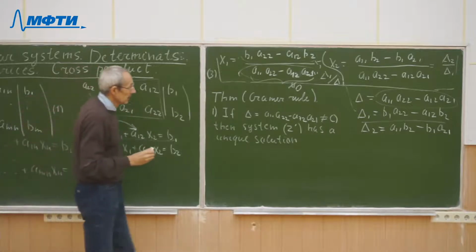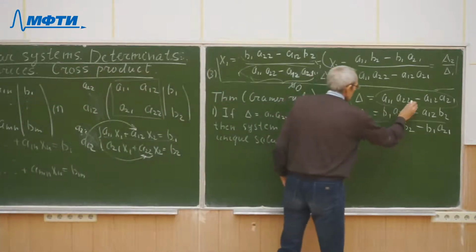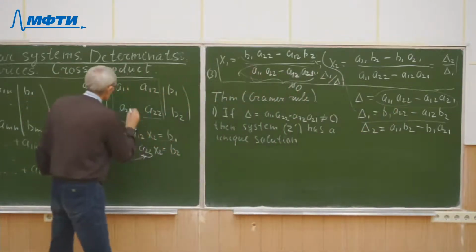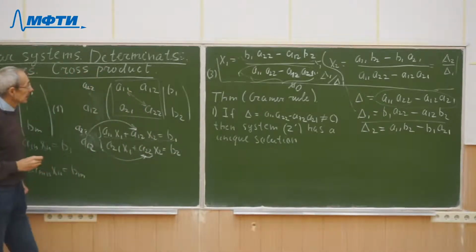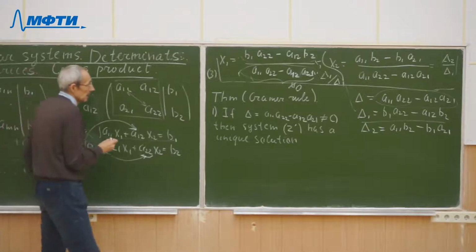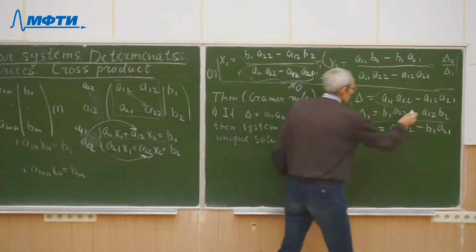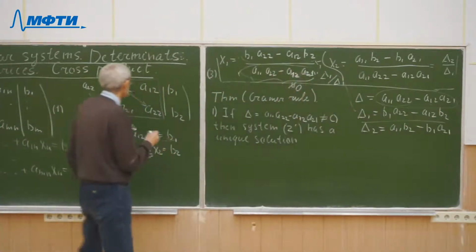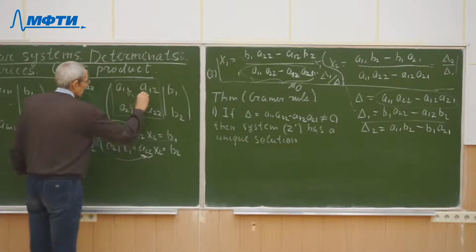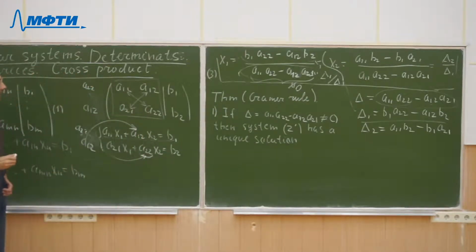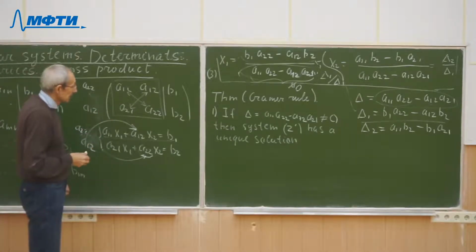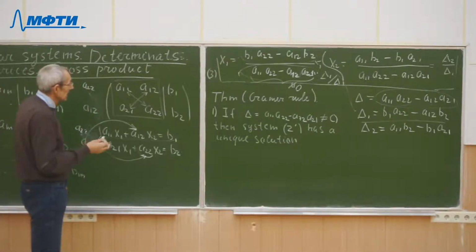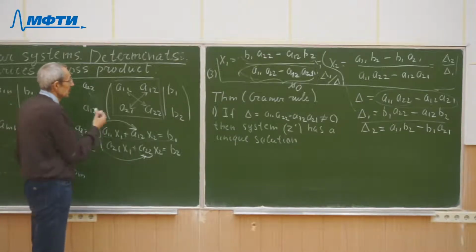And we can see that this product is a product of the diagonal elements, and the second product is a product of the elements on the other diagonal. And we obtain some procedure